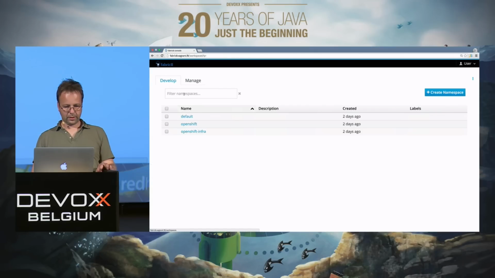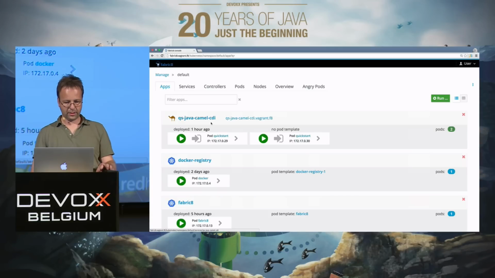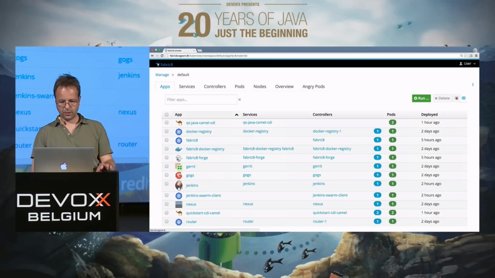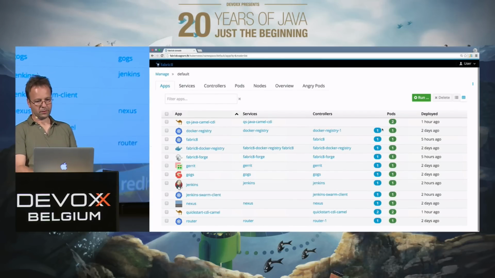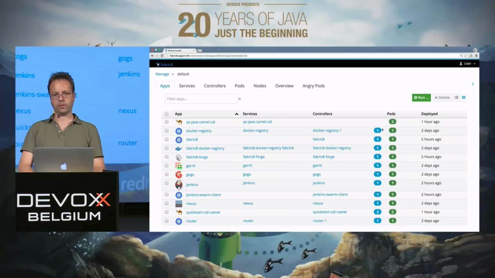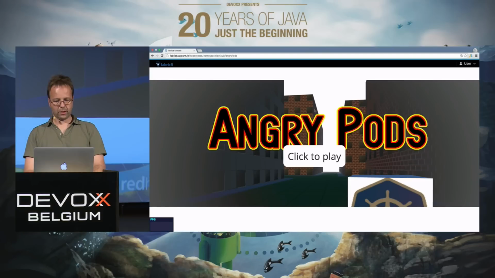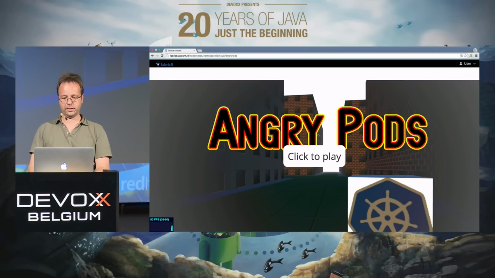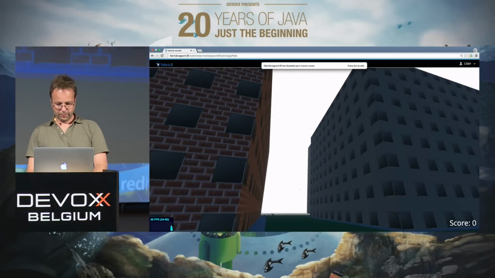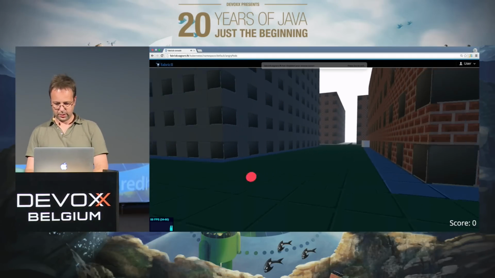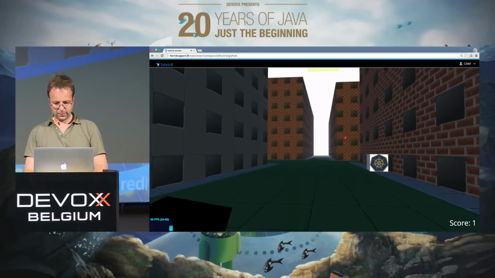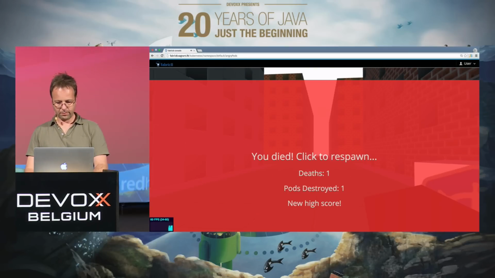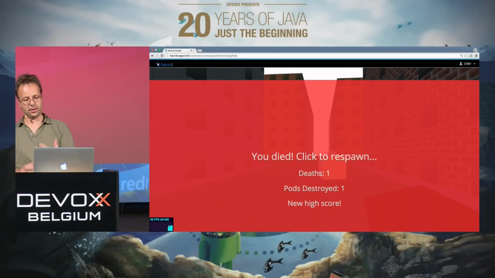Okay, development, manage. So what you see here are all the services running, and everything, by the way, is running on this Vagrant VM machine, which you can download, which I showed you in the previous team class. Here's a cool thing that you can use: angry pods, which is something like a resilience tester. It's not automatic, but you can now go through and kill your own pods. So what you can do here is simply kill the pods, and they will be respawned.